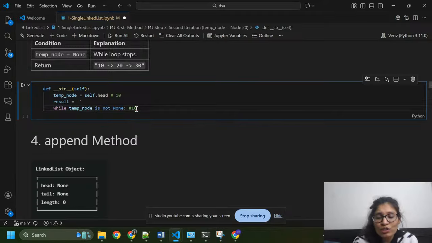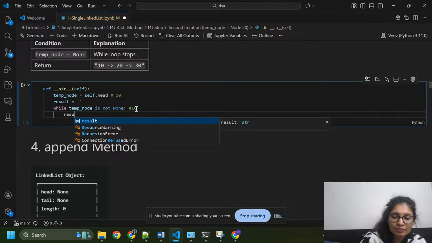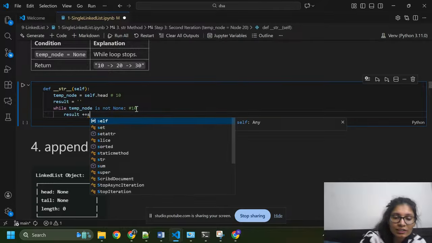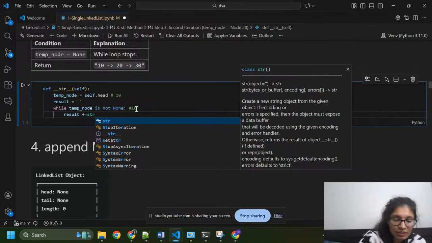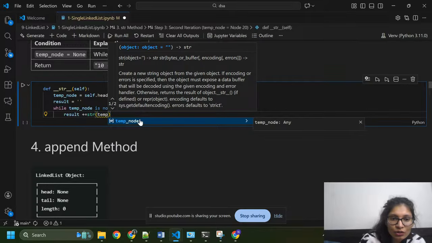Temp node is not empty. So we will move here. I'm going to add to result: result equals result plus str, string of temp_node dot value.